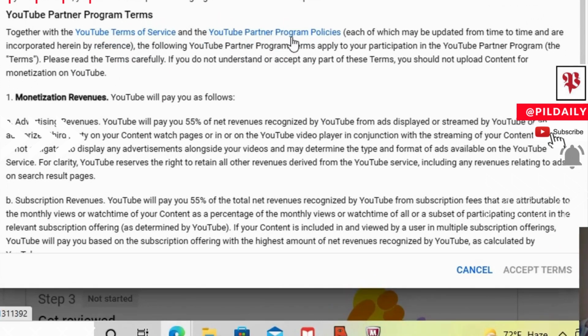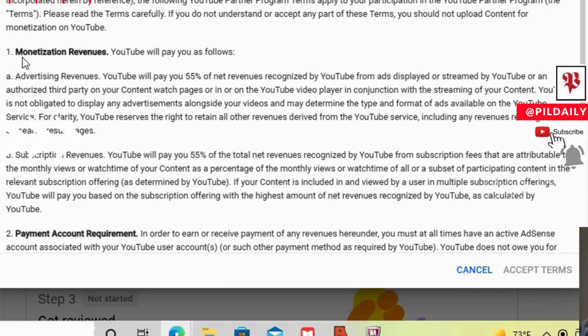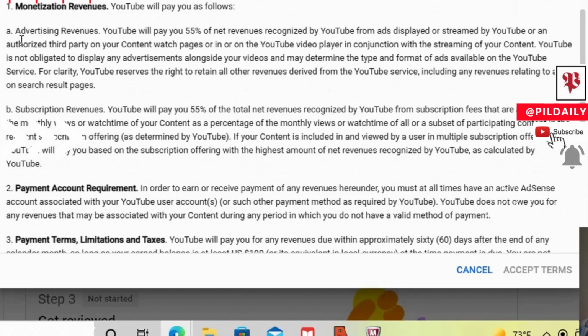And the YouTube Partner Program policies, each of which may be updated from time to time and are incorporated herein by reference. So it is being updated regularly. In here, number 1 is monetization revenue. YouTube will pay you as follows. Firstly, in advertising revenues. So what is this? YouTube will pay you